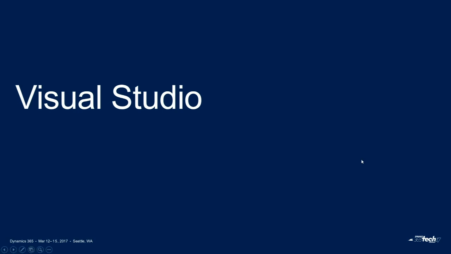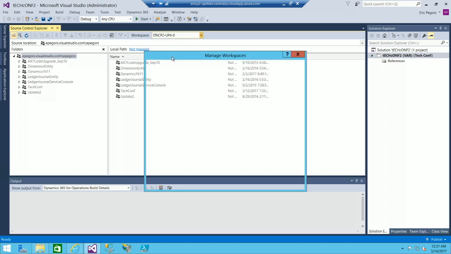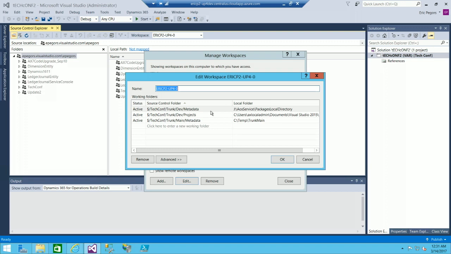So let me go back to my screen now. We talked about VSTS a little bit, so I already mapped it to save time, but the mapping looks like this. The metadata folder goes to the packages folder, so I have tech conference, project, trunk, dev, metadata, and then I do have main mapped, but I just have it mapped to the temp folder because for merging,